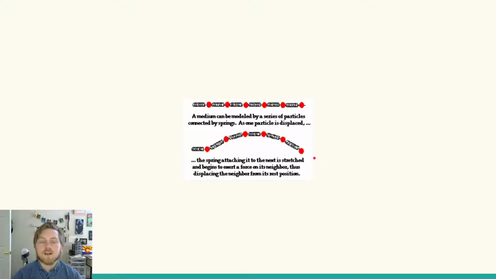Because the system is all connected to one another, when one particle is up, that means this particle is being pulled up, and this particle is being pulled down. So this is at its amplitude, and it's going to be pulled back down to the resting position, but this one was being pulled upwards, so this one's going to go up. Now that this one's up, this one down here is going to be pulled up, and this one's going to be pulled down. And so you can see slowly that we're going to get this movement from the right to the left. I think that's the orientation of the video here.